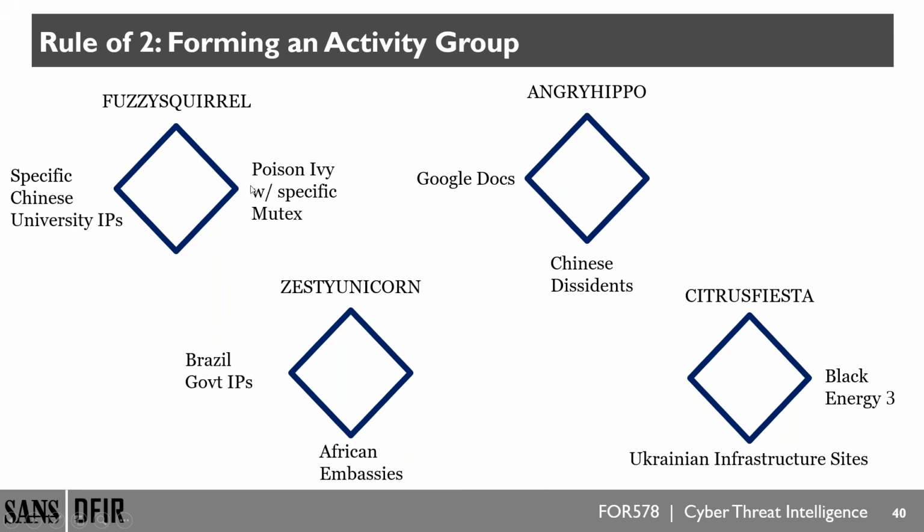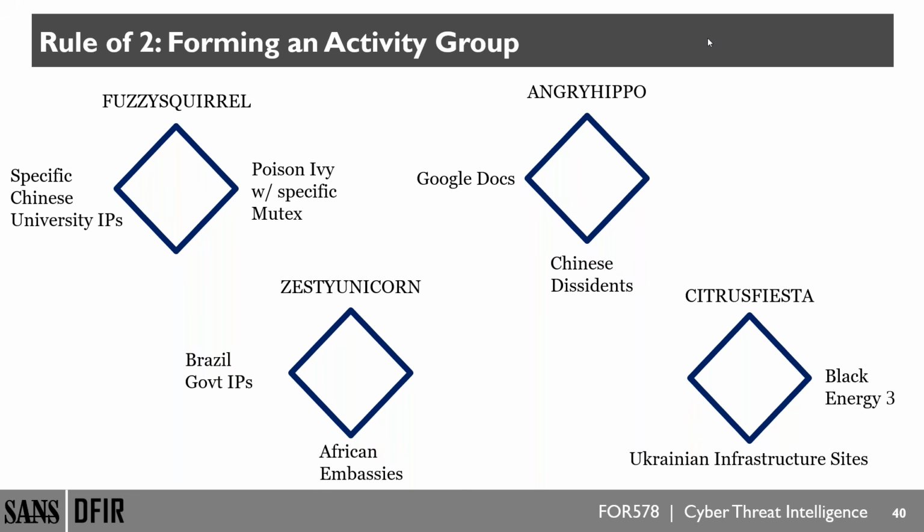So we've said, okay, there are 2 different vertices of the diamond model. And in each of these intrusions, we've seen these commonalities. So let's cluster them together. And let's say, well, anytime we see these specific university IPs and we see the specific Poison Ivy mutex, let's call that Fuzzy Squirrel. It's our first activity group. Similarly, we've looked through, we found, okay, well, there are intrusions that target Chinese dissidents as a group and also use Google Docs for infrastructure. That's Angry Hippo. Others, Zesty Unicorn, Citrus Fiesta, whatever fun names or naming conventions,